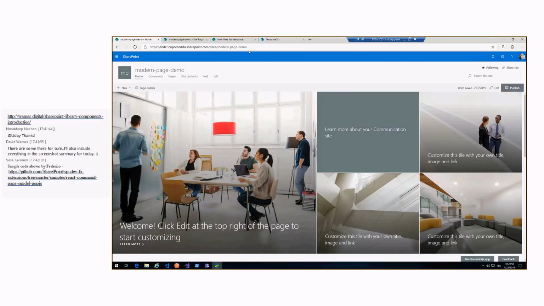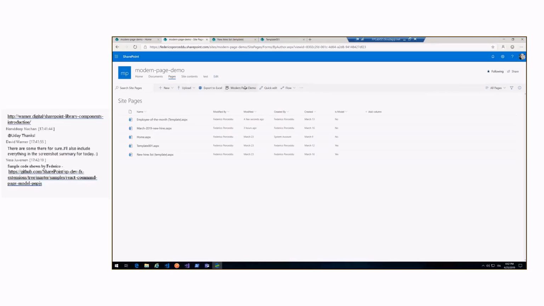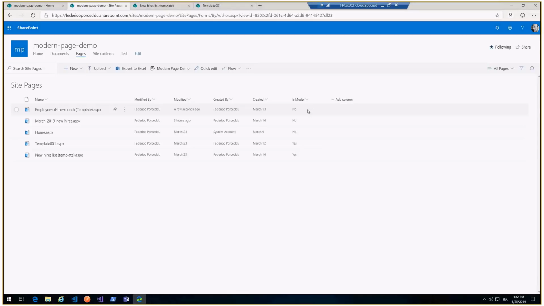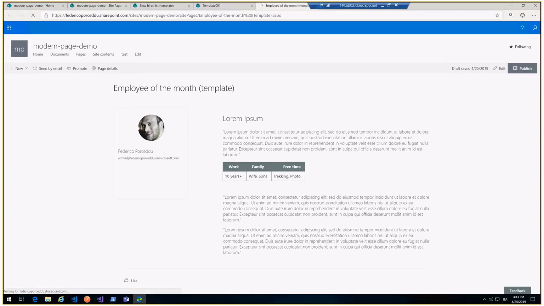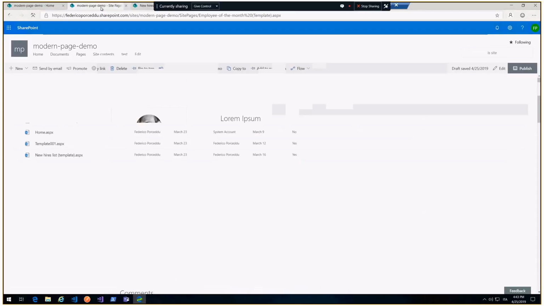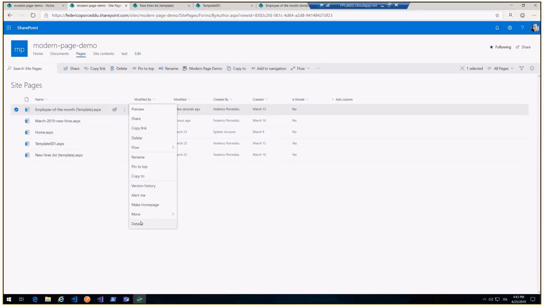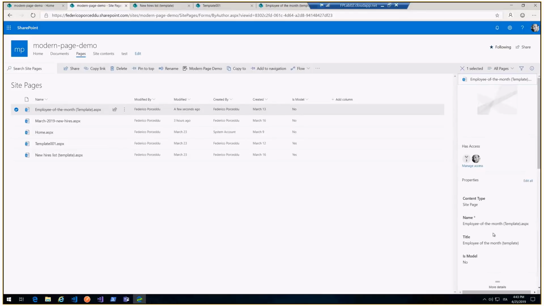So this is my modern team site, and we can go to the page library, and we can see the command, the SPFx extension. And as you can see, there is a column, IsModel, Boolean. So there are some pages marked as model and some pages not. So what you can do is, for instance, mark this page, like Employee of the Month, as a model,